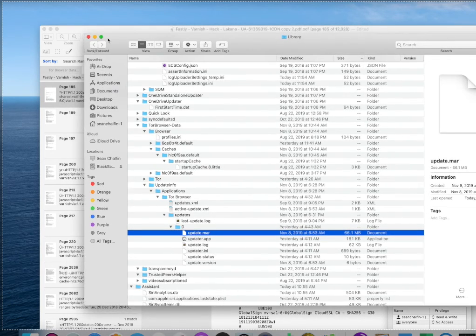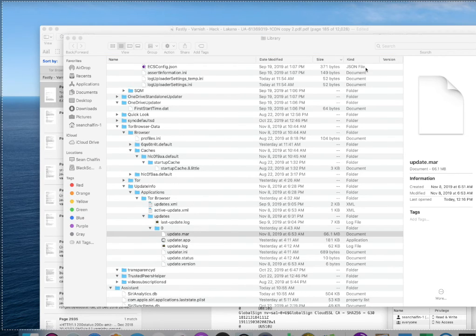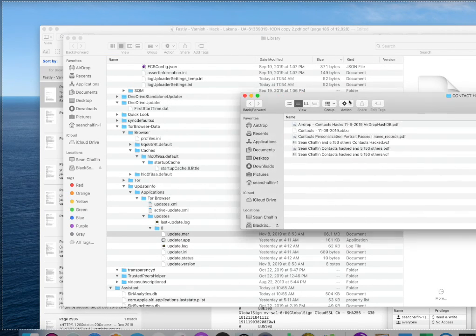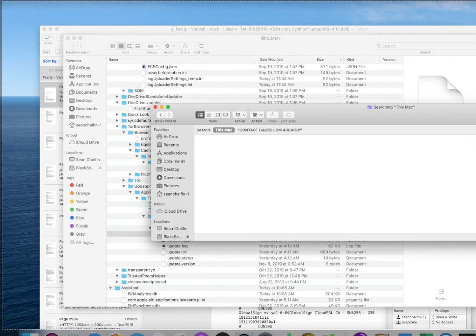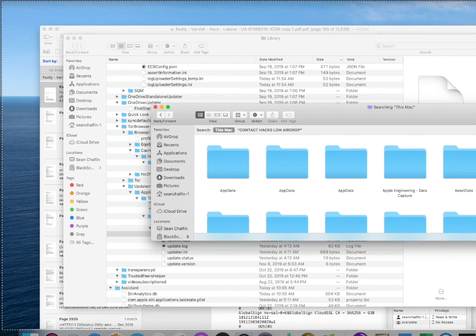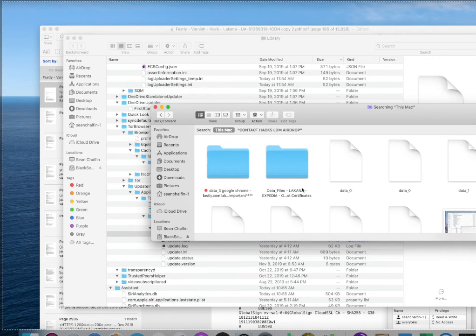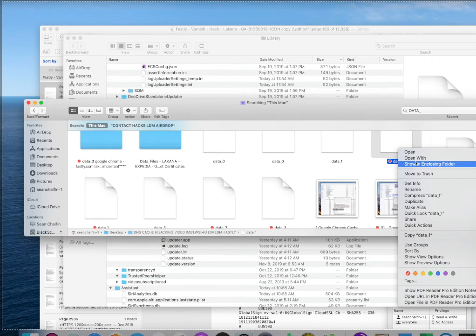So I want to show one last thing. I'm going to do a search right here for data underscore, and I discovered these files today.